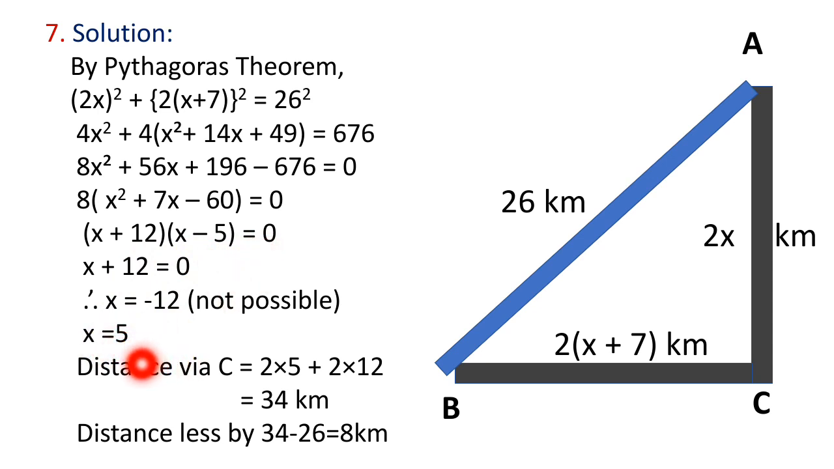So the distance via C can be taken as this 2x, that is 2 into 5, so 10, and this one is 2 into 5 plus 7, that is 12, so 10 plus 12 is 22 via C. And we will say that when this new road is constructed directly from A to B, the distance is less by 8 kilometers. Okay,